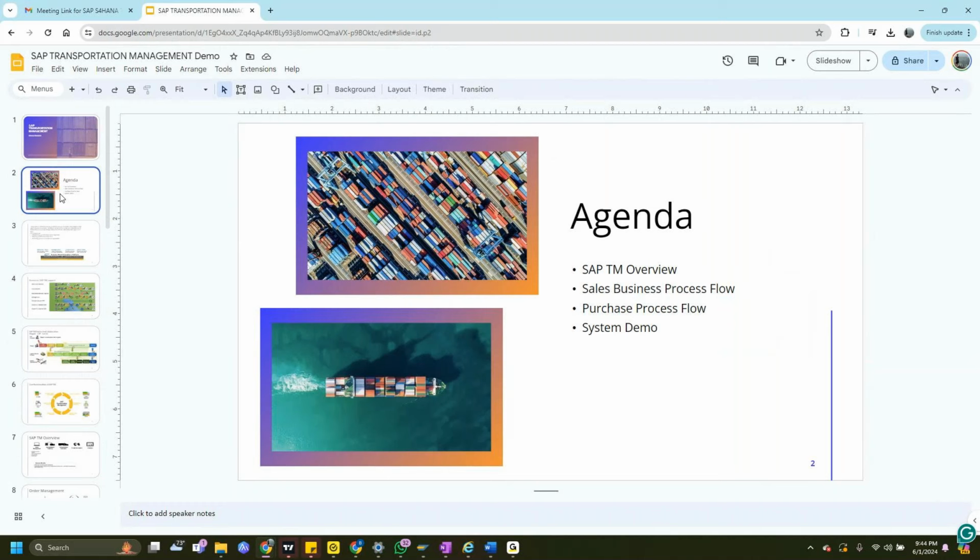Let's say there are 20 pallets coming from a particular vendor to our location, right? That information is required on the TM side. So we take all the information from the purchase order or the inbound delivery, and we have exclusive planning and operation sides in TM. That means you have to book a truck, right? There's a truck that's going to pick up the goods. Which truck has to come to that vendor location, and what is the timeline to have that pickup ready and then deliver it to our location? All these depend on the delivery dates and everything.